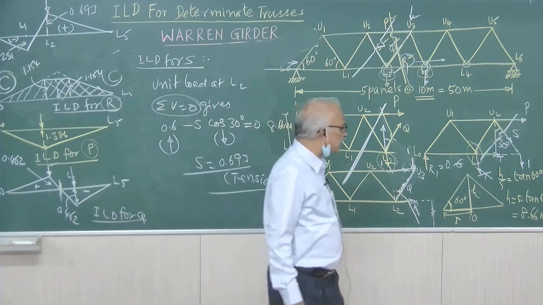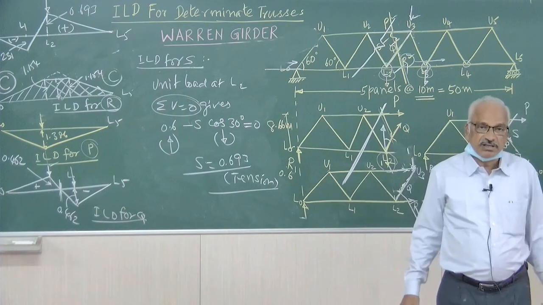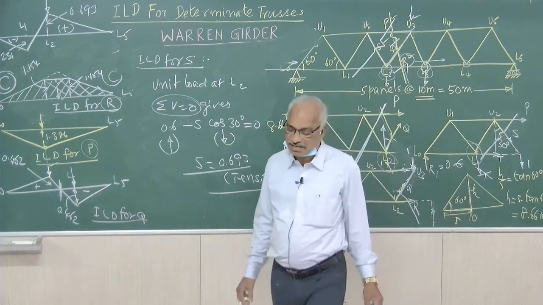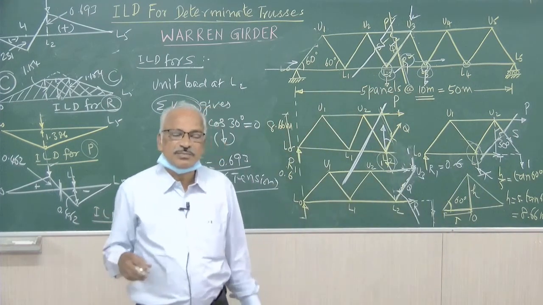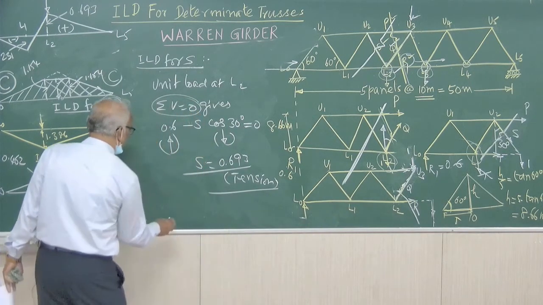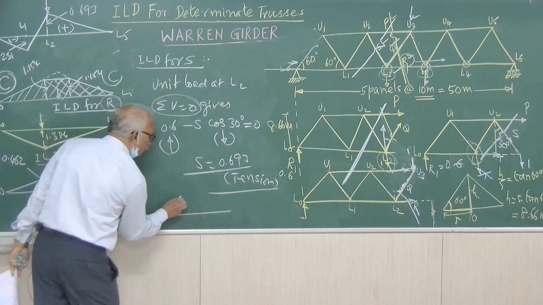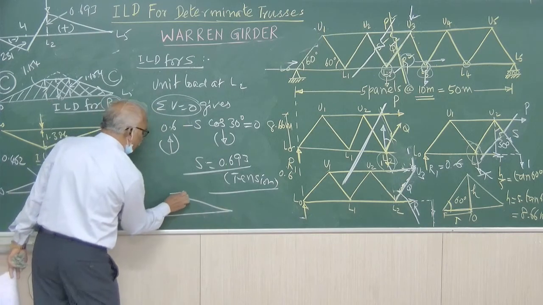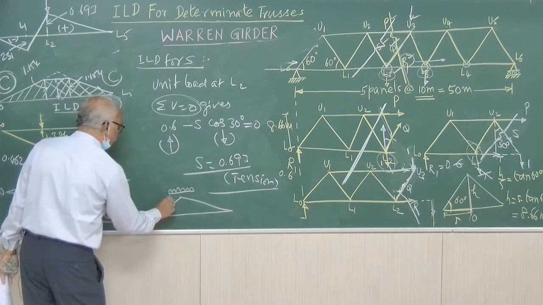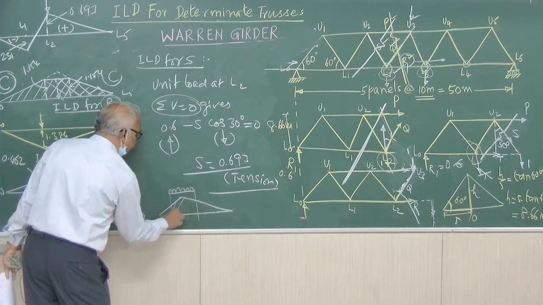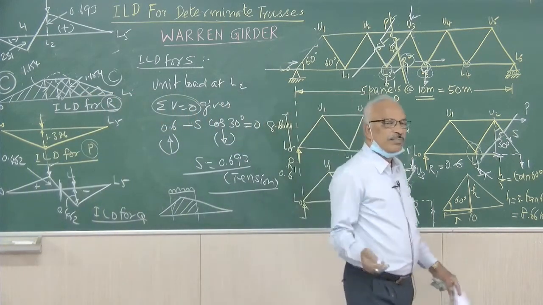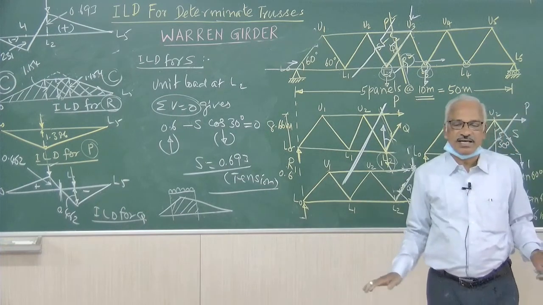So that completes the influence line for the force in the members P, Q, R and S of the Warren truss. Similarly, for other members we can draw. Similarly, for other loadings also we can calculate. Suppose it is subjected to UDL, if it is full span, you have to consider the full load. Suppose it is partial loading, average loading to the left of the section and average loading to the right of the section we have to consider, and we have to consider only this part of the diagram for the force calculation. All those things are studied under beams, depending upon the position. That is only the application part. Drawing ILD, this is the procedure.